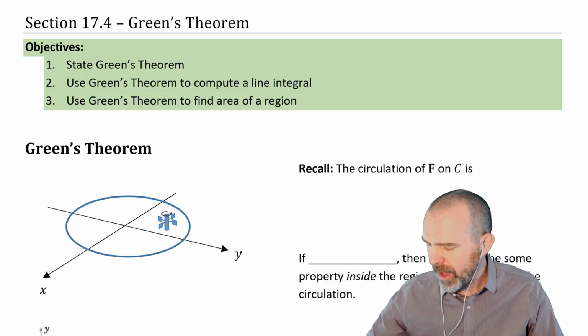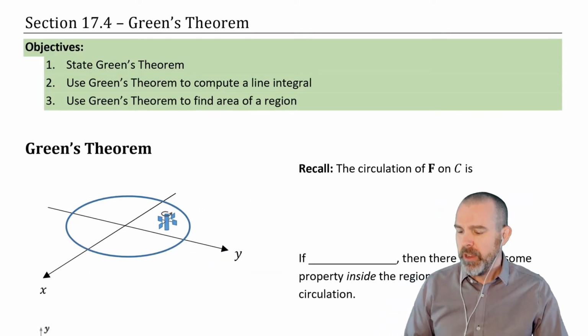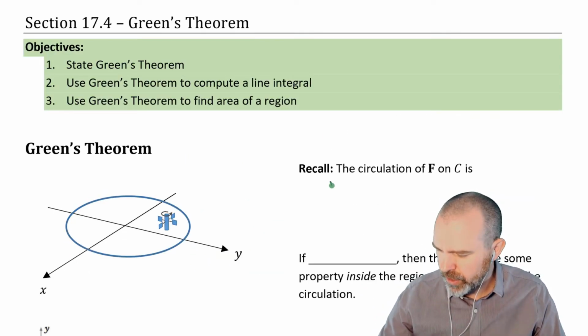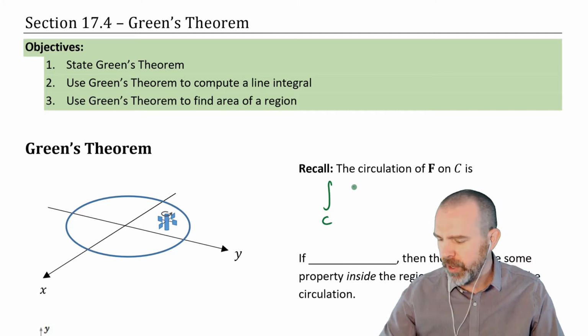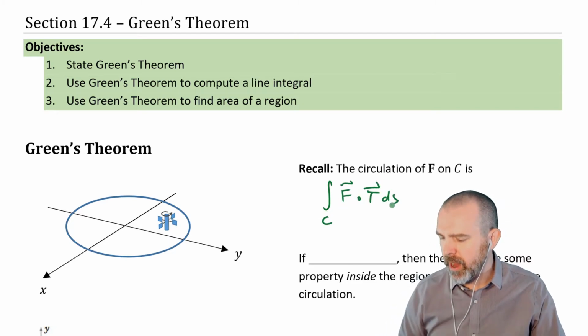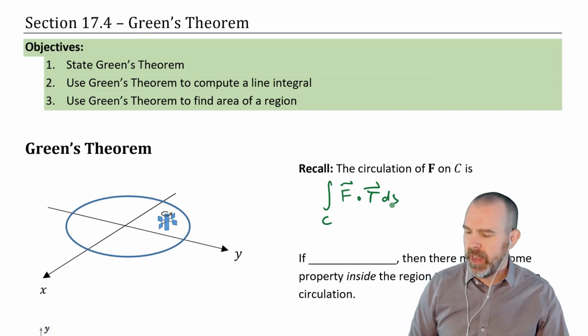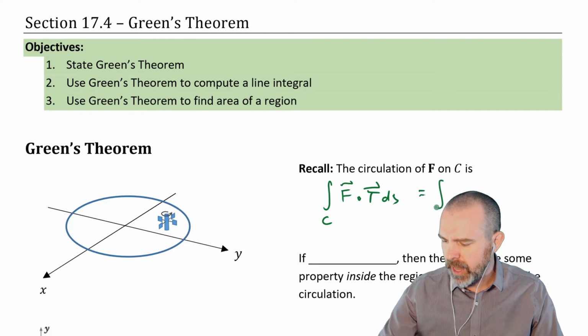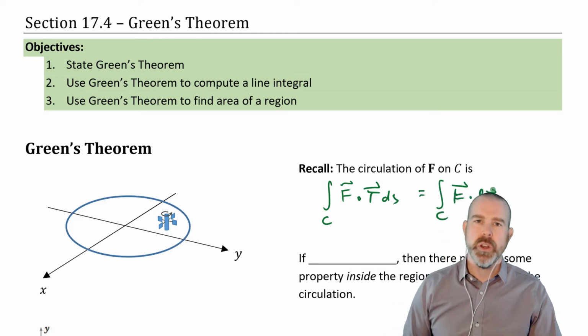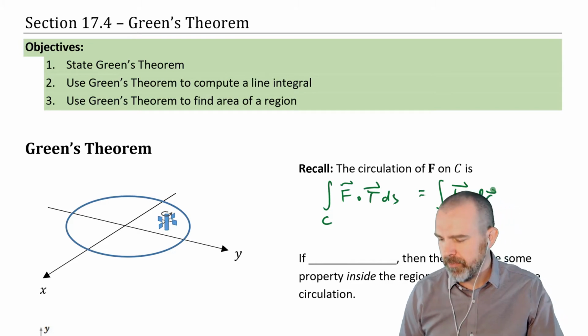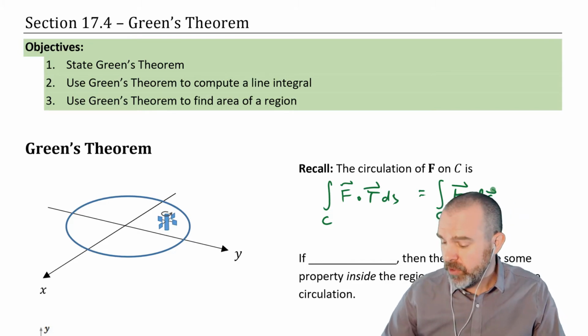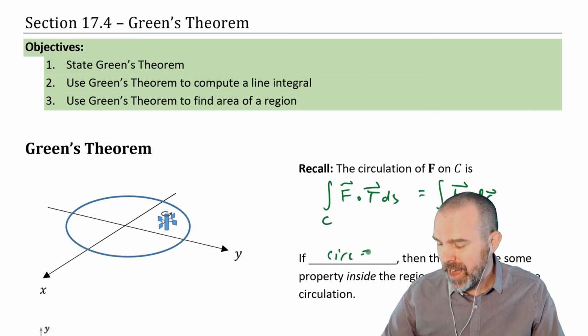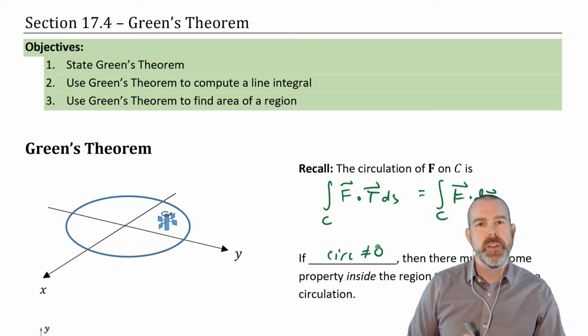And so let's jump back over to Green's theorem now. Just to recall here, the circulation is the line integral over the curve of the dot product between the vector field and the tangent vector ds, or we can write that as the line integral of the field dot product with dr, which we know was r prime of t dt. So if the circulation is not zero,